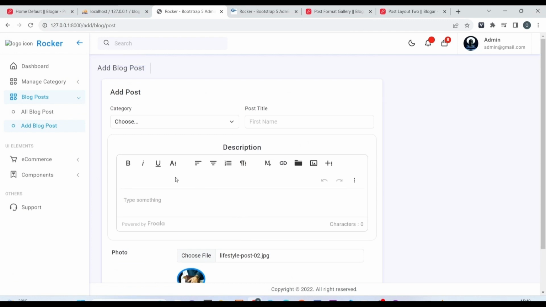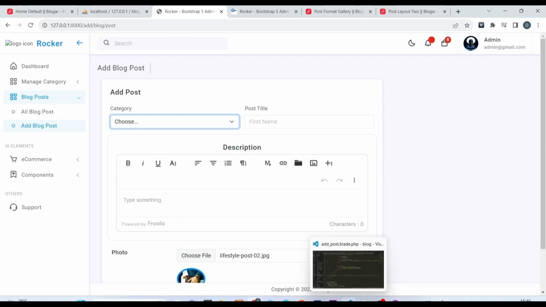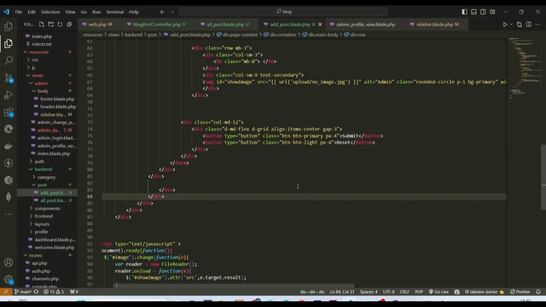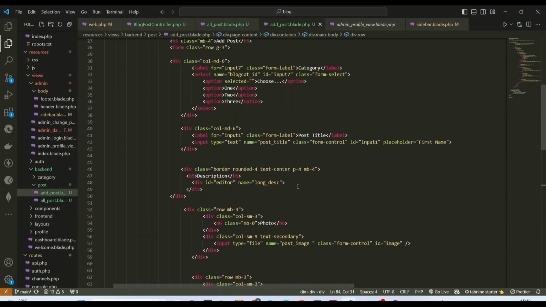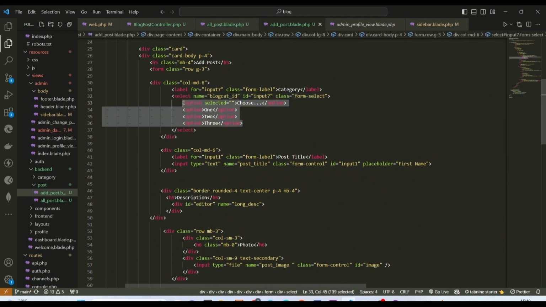Now, what we want to work on is our category. So all the names of our category will be visible here. So how do we do that? Inside our VS Code, we want to get all the category here. How do we do that? First of all, we have to get all the category. We go to our